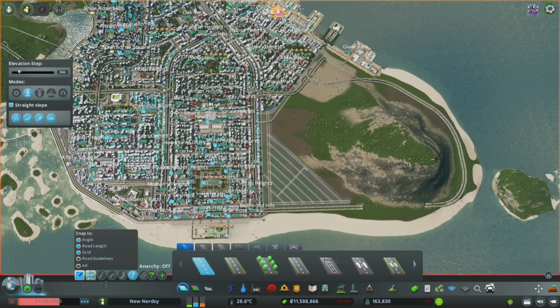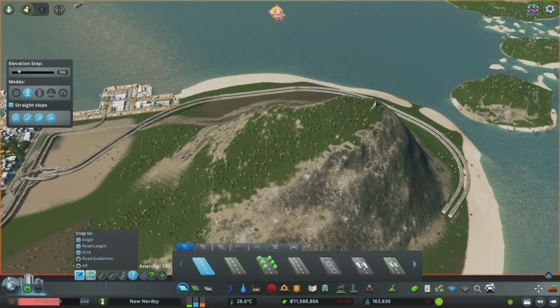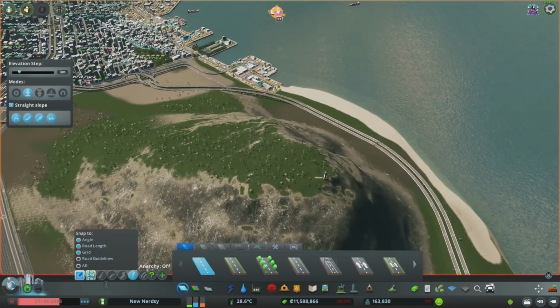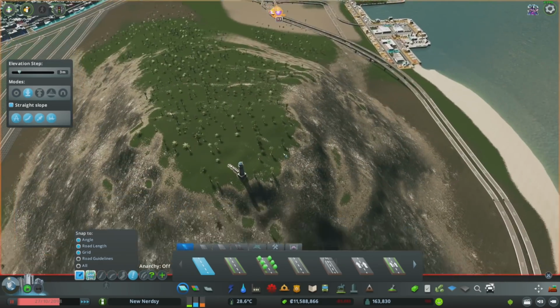base of the mountain, because the idea the entire time has always been that this would be some kind of nature reserve, some kind of tourism area. So that's still what I want this to be. I am going to need a road that comes up here though, and I think we're going to do this